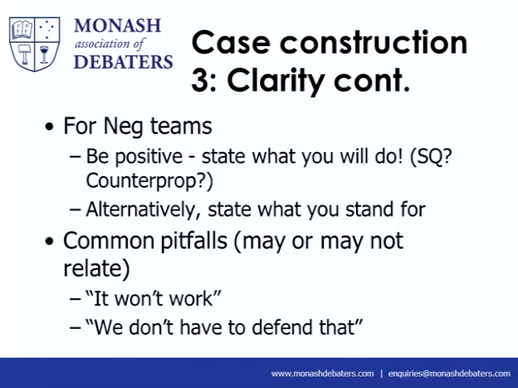Some teams also say we don't have to defend that line. So, for example, in the motion, this house regrets organized religion. Imagine the first affirmative speaker coming up and giving a very strident speech on why the Catholic Church is evil, or why really structured Buddhist temples are evil. And then the first negative speaker comes out and says, oh, we don't have to defend the most extreme hierarchical forms of churches and temples and mosques. What we defend are moderate churches and mosques. Can people have a grasp of why that isn't the best line of attack that the negative team can take? It's because it retreats from engagement